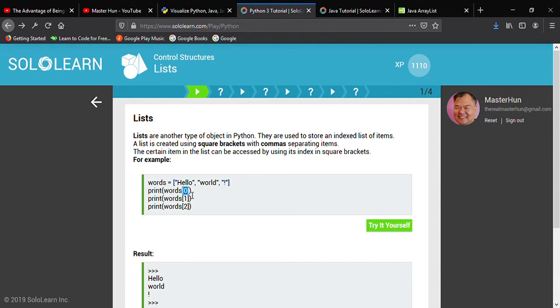Okay, so that words square bracket 0, that's actually the string literal hello. And for words square brackets 1, that is the string literal world. And then words square brackets 2, that is the string literal the exclamation mark. Okay, so if we go to the code playground,